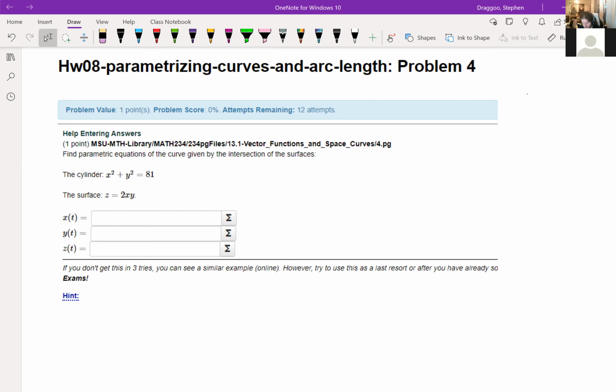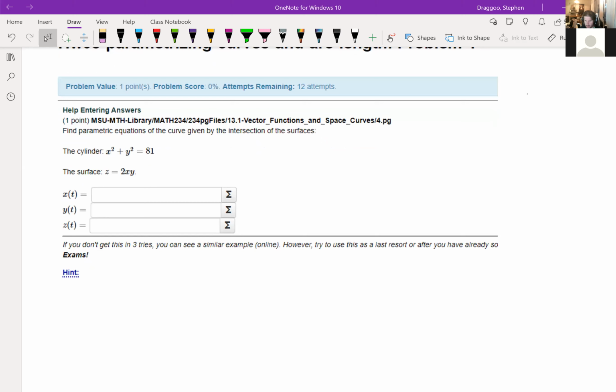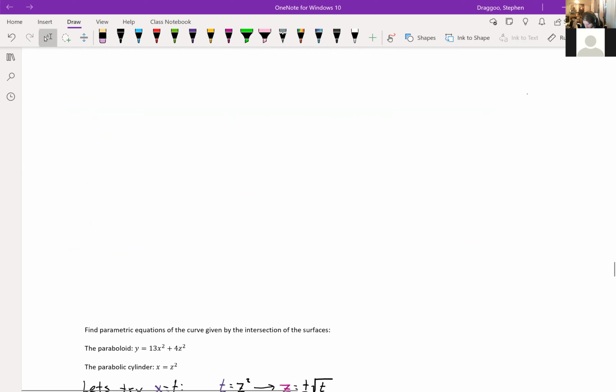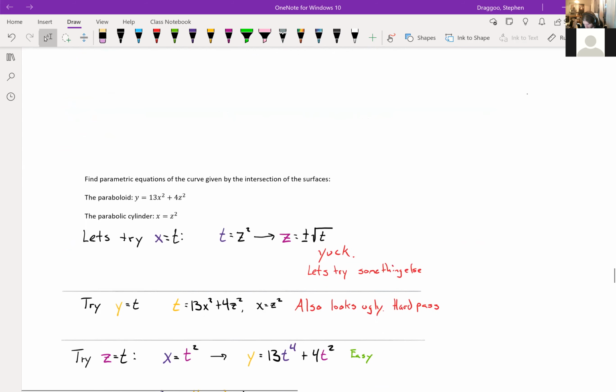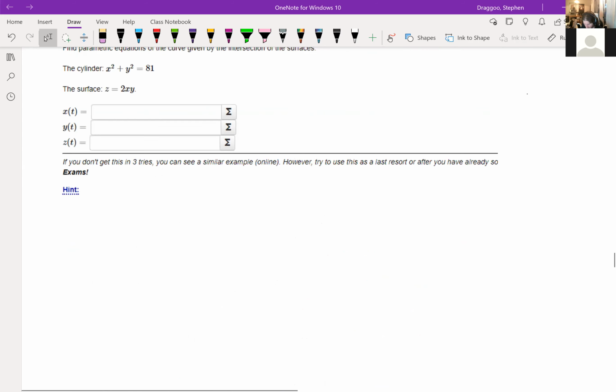So parameterizing these equations. I know one of the super fun questions is sometimes when we have two square terms added together, we parameterize with sine and cosine. And other times when we have two squares added together, we don't use sine and cosine. What gives? How do you know when to use one or the other? Let's see if I put more notes in here. I did. Cool. We'll come to that in a second. But